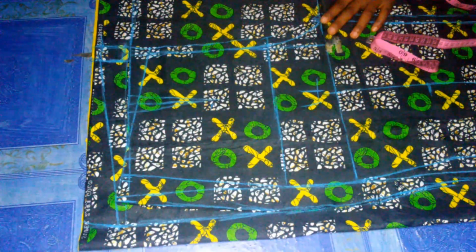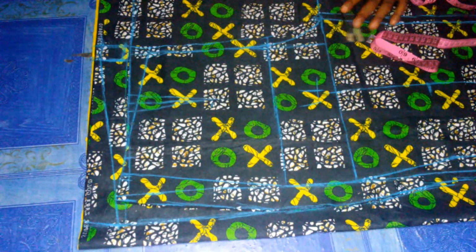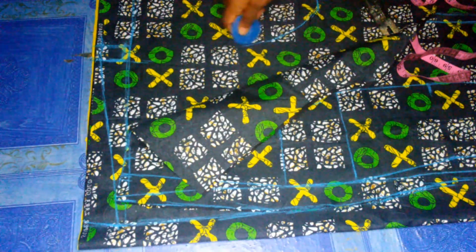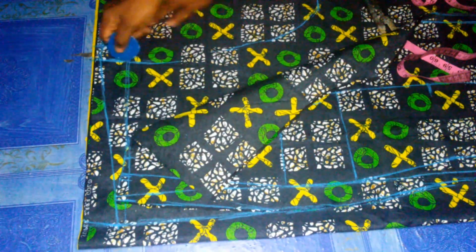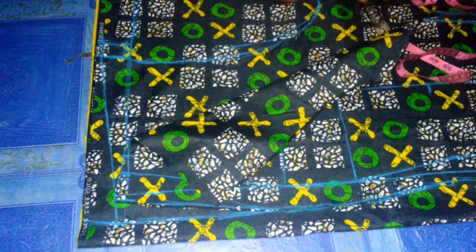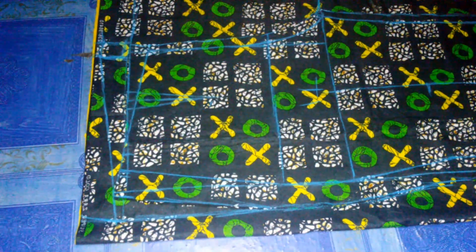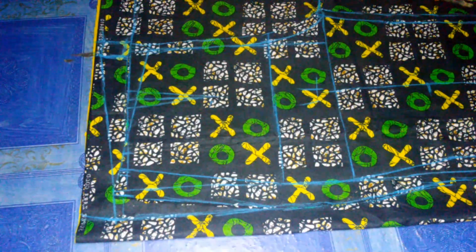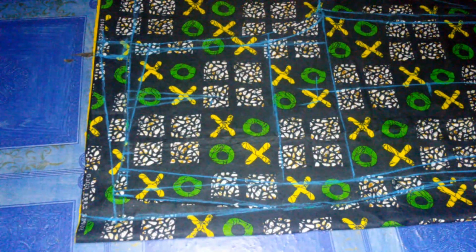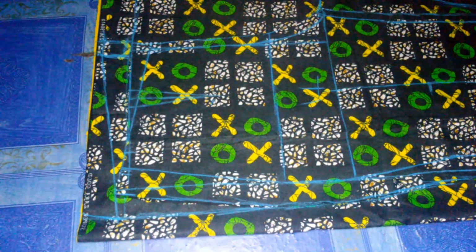So at the crotch line, I'm going to mark out my back crotch extension by dividing our hip by 10, and at the front crotch line I'm going to input the value that I have. So I'm now trying to curve out our back crotch line like so. Use your free hand and curve it so that you will have a deep curve where your boob can relax very well. So after getting that value, I'm now going to taper it back to the knee of our front